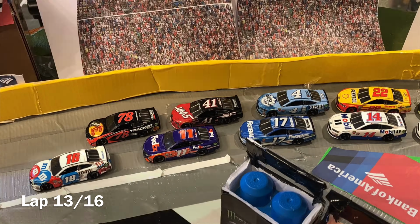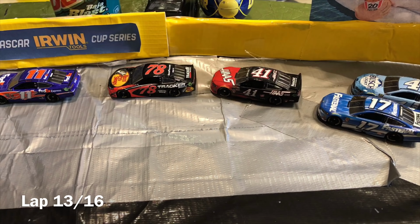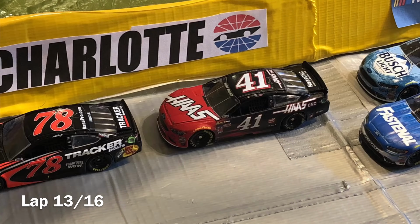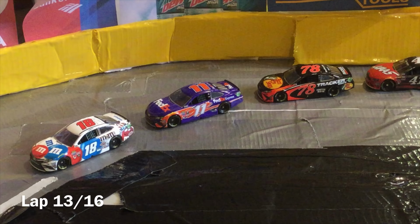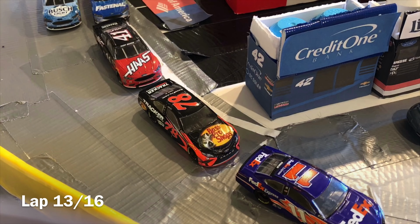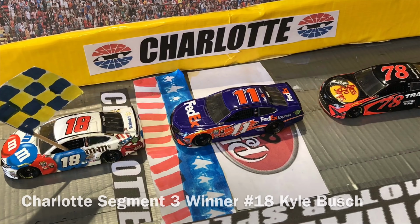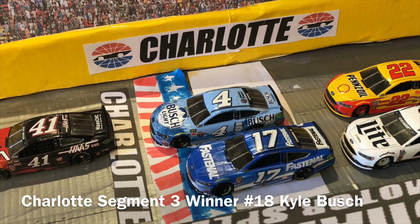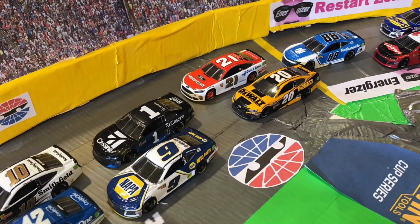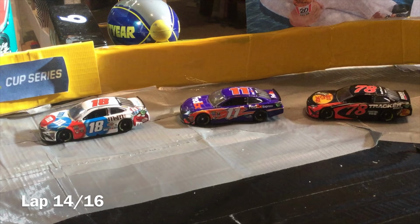Kyle Busch is going to get the push by Denny Hamlin. He's going to get the edge over Martin Truex Jr. He now clears him down the backstretch, but Denny Hamlin slides into second. Heading down the Charlotte backstretch, Harvick battling Ricky Stenhouse Jr. for 5th. He's going to try to sail it in on that outside, but Ricky Stenhouse Jr. fighting hard. But for Kyle Busch, he's finally going to get his first stage points of the year. He wins segment 3. That's 3 bonus points for Kyle Busch, as Ryan Reed and William Byron, they just cannot